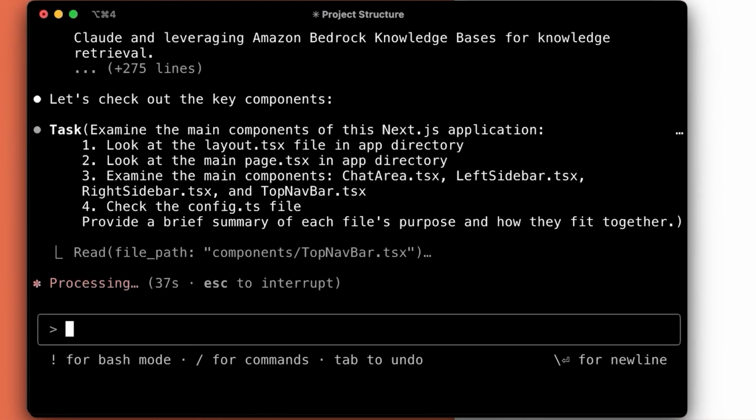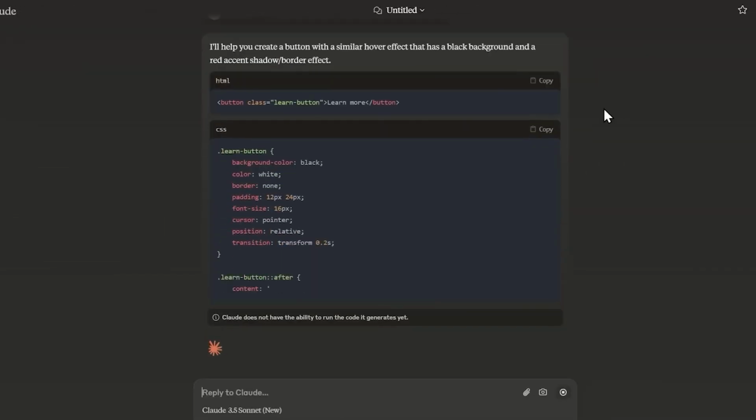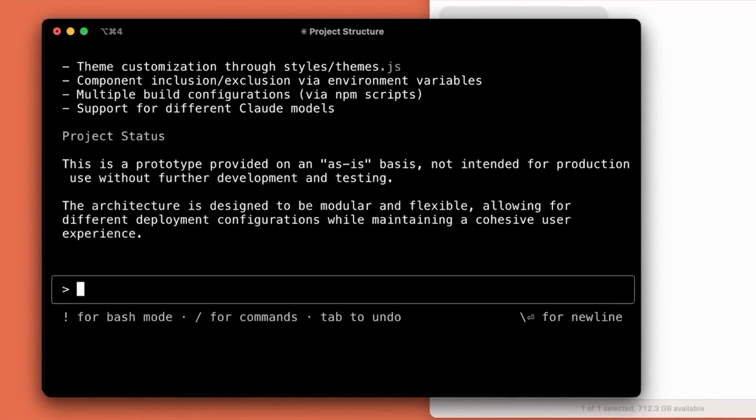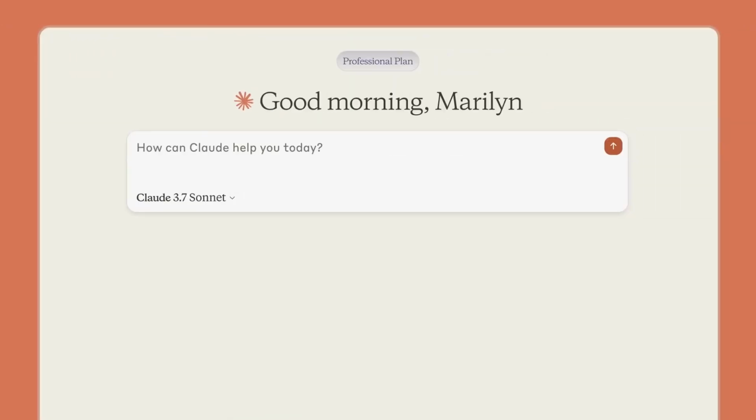In today's video, I'll show you why Anthropic's reasoning model might be the ultimate coding assistant that transforms how developers work. Using its sophisticated debugging and ability to generate entire applications from scratch, I'll demonstrate why this model stands out in ways that could fundamentally change software development workflows. Stay tuned to the end to see my comprehensive benchmark results and unlock Claude 3.7's full potential as your coding